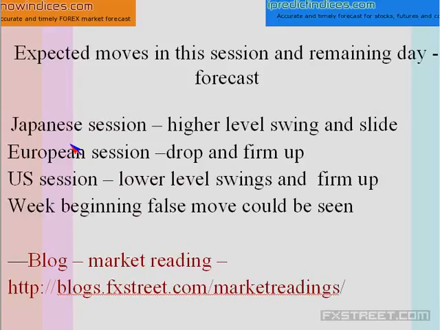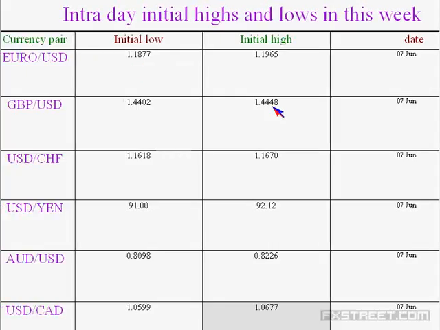So we could come across the players trying to act against the market sentiment. With regard to the initial highs and lows set for today, during the start of the Japanese session, they formed the low 1.187. Still it has not been breached. The high is 1.1965. That has also not been breached. The market is staying comfortably around the middle level,